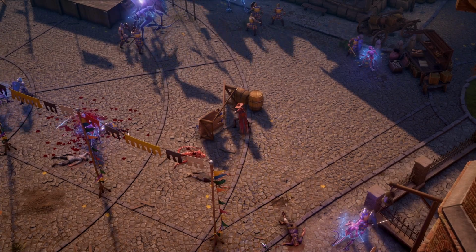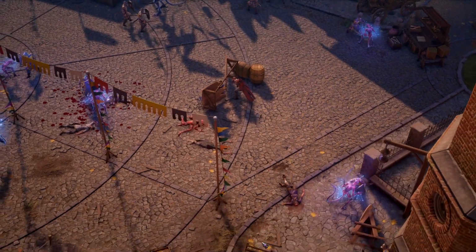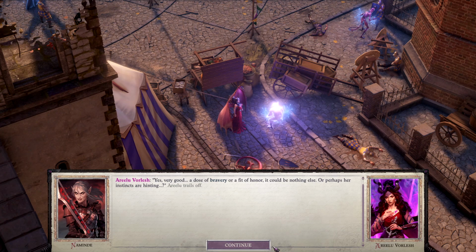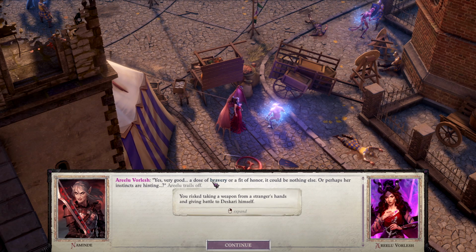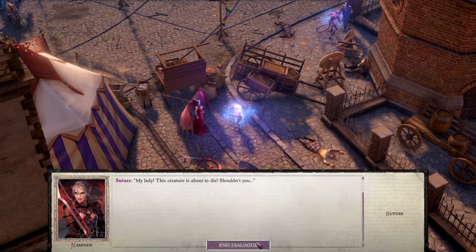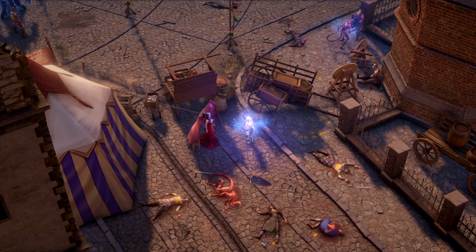Alright, we're back here again. Same thing gonna happen? Oh. Yes, very good. A dose of bravery or a bit of honor. It could be nothing else. Or perhaps her instincts are hinting. Okay. So this is all happening because we took the weapon, obviously. Interesting. Milady, this creature is about to die. Shouldn't you...